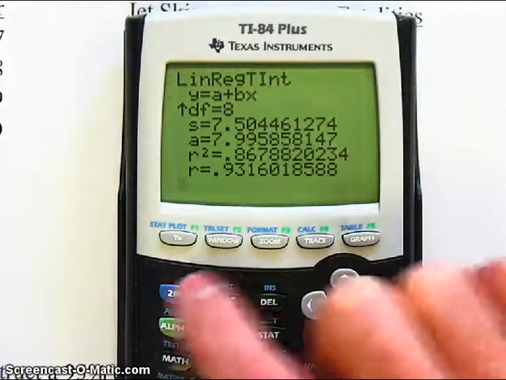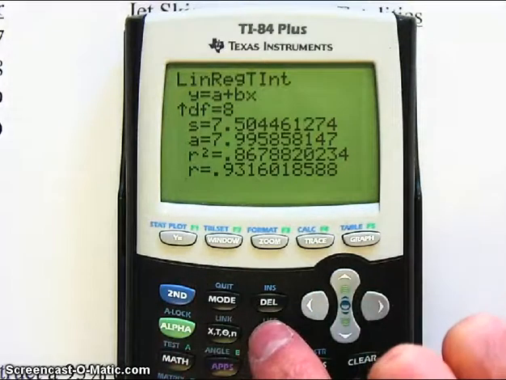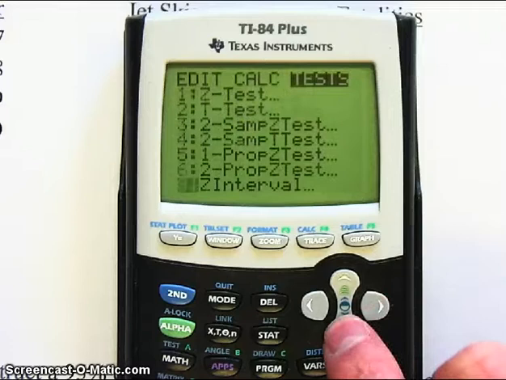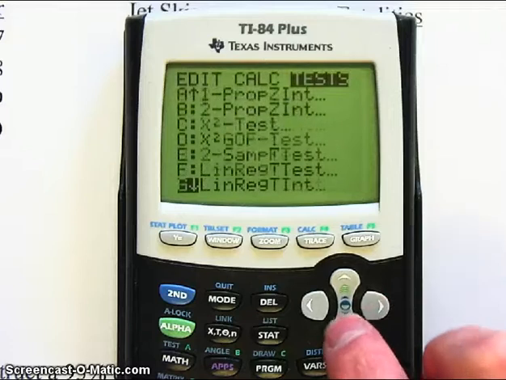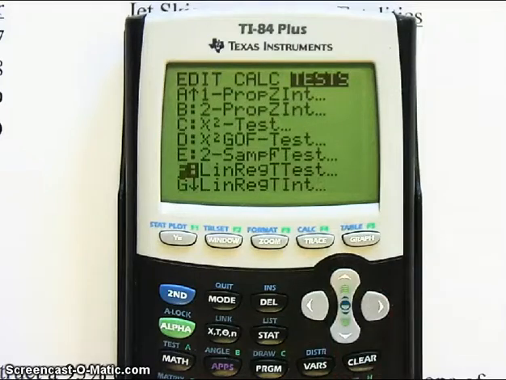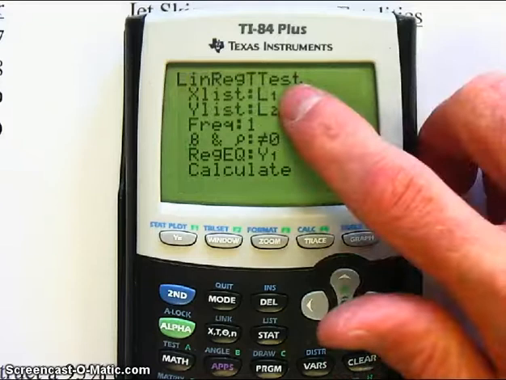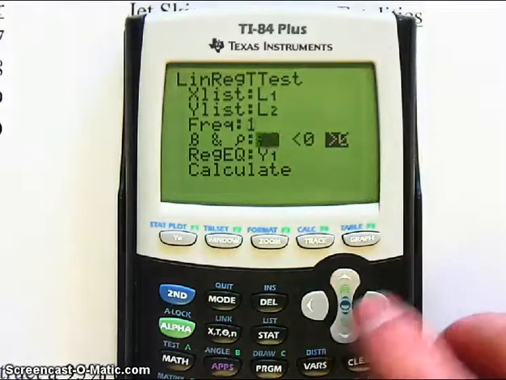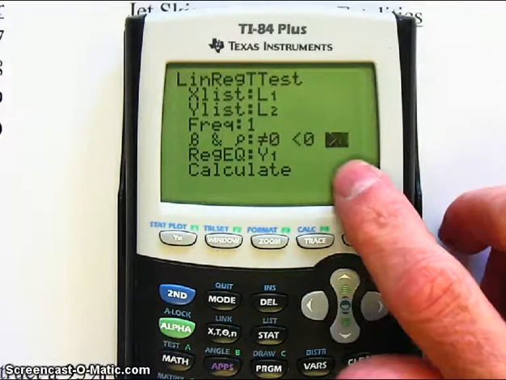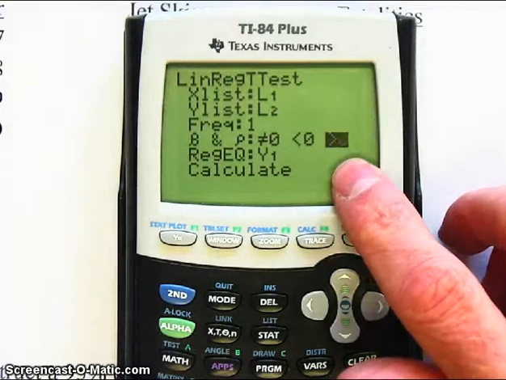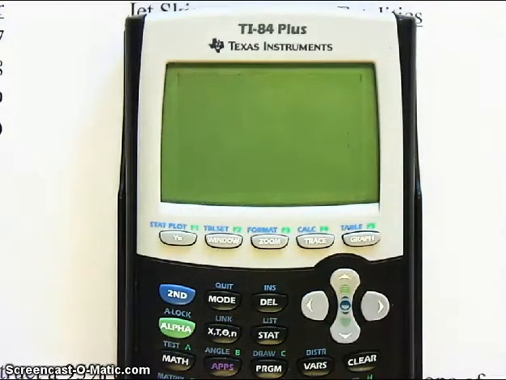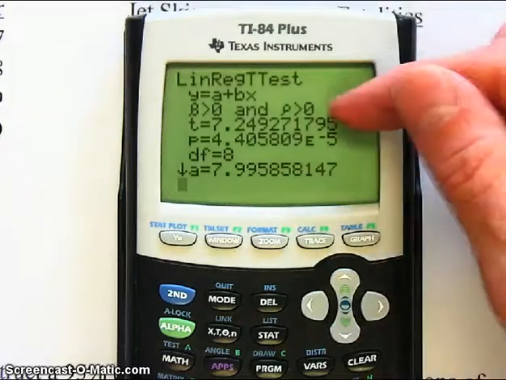And then if you want to do the linear regression t-test, go to stat tests, and then down here to LinRegTTest, and then again our data are in list 1 and list 2. We'll select this alternative over here because the alternative we're using is that beta is positive. And again, the same regression equation we'll calculate, and here is your t-statistic,